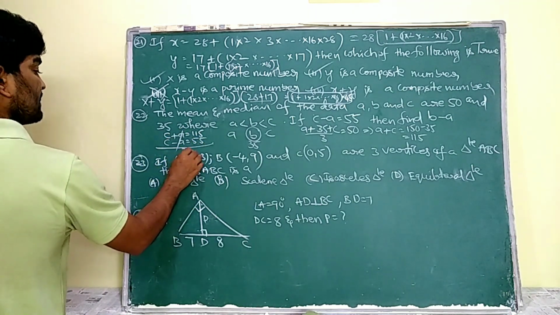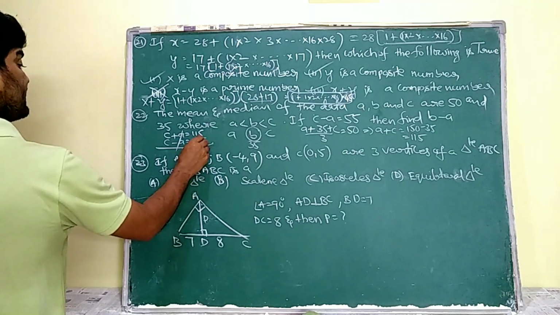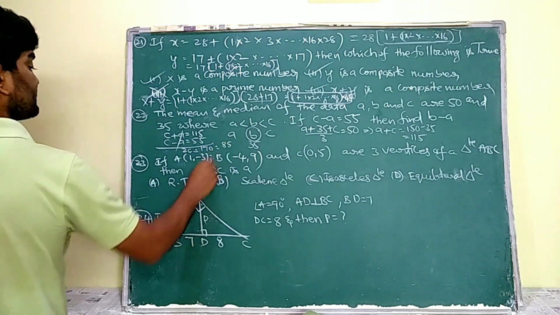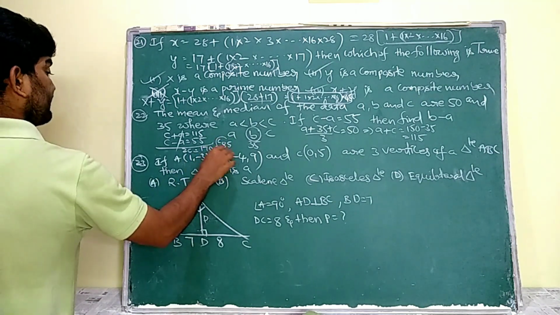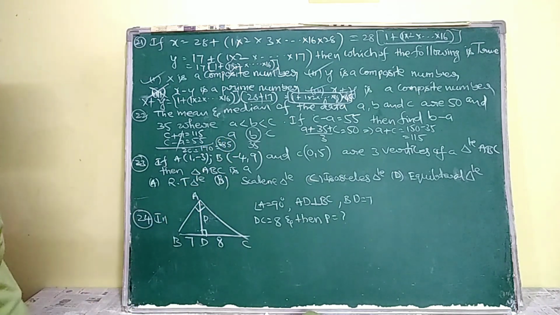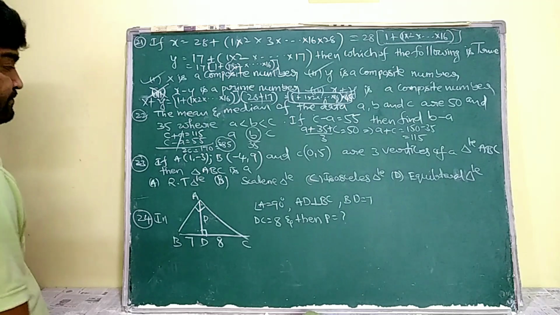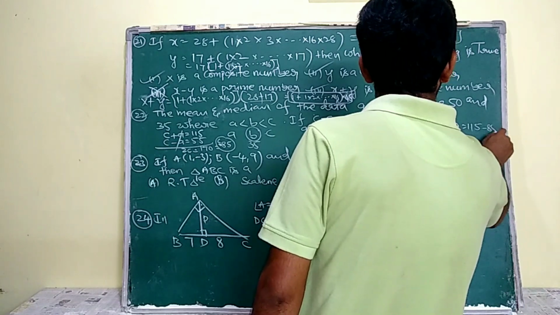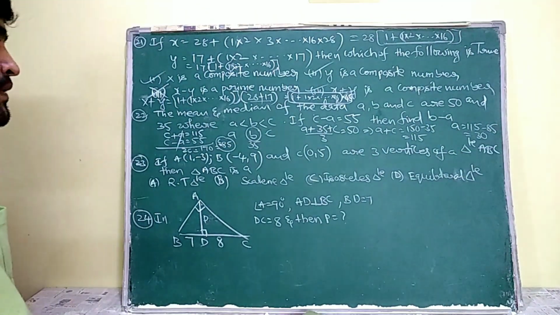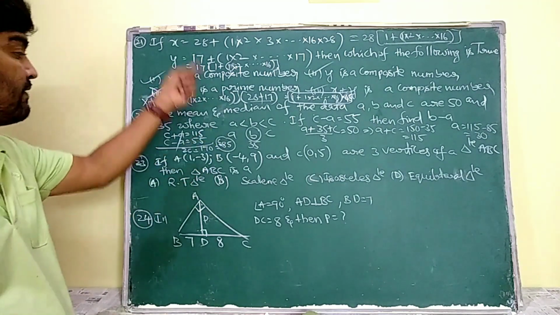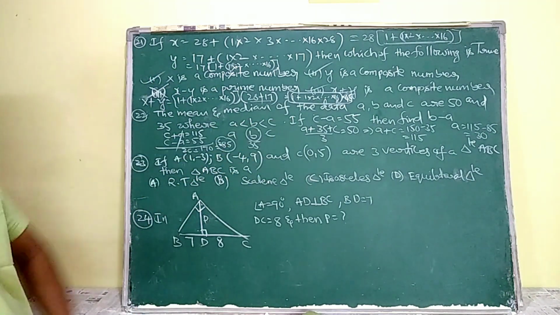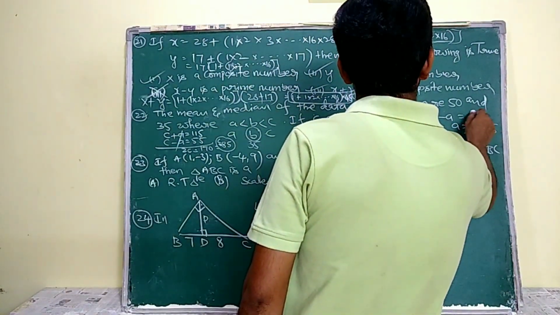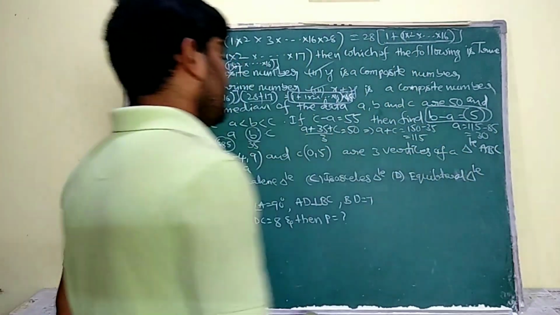By adding these two, 2C is equal to 170. So the C value is 85. If C value is 85, now I am going to find A. A is equal to 115 minus 85, that is 30. Okay, see, B value is, we know, 35 and A value is 30. So B minus A is equal to 5. This B minus A value is 5.